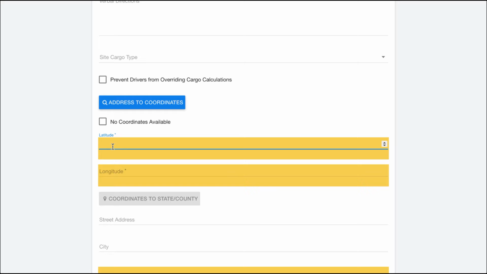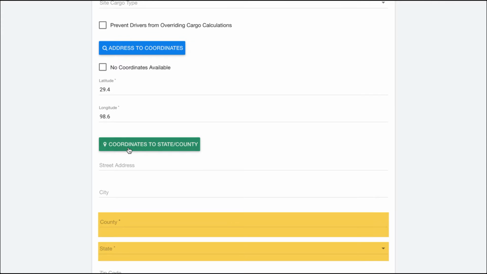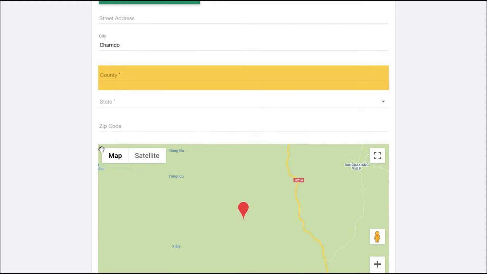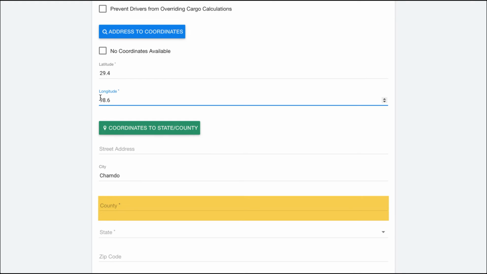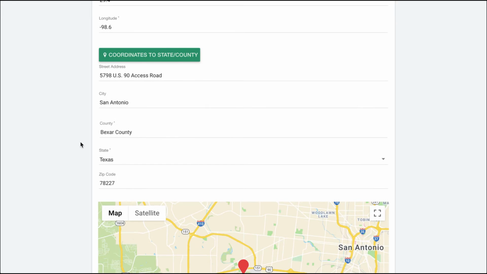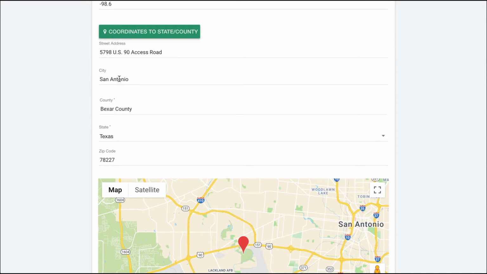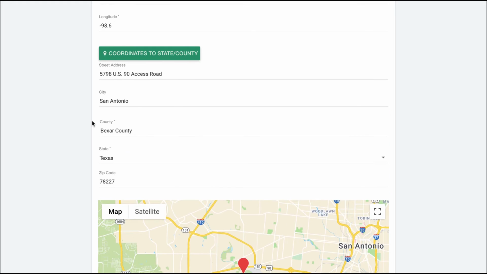But I'm just going to go ahead and put in something roughly in Texas, 29.4 and 98.6. And after we do that, we can click on this button to calculate the state and county. So depending, oh, I forgot, we are a negative. So negative. All right, that looks better. So it'll calculate the street address, city, county, state, zip code, all of that based on the coordinates you put